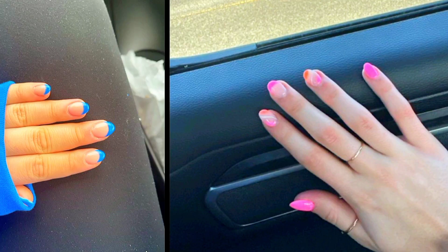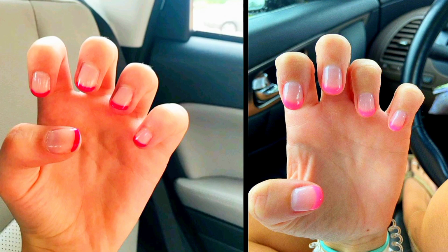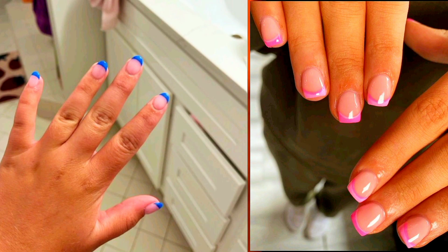Today, I'm super excited to share with you some of the coolest nail designs perfect for all my fellow 11-year-olds out there. Whether you're a beginner or a nail art pro, these designs are easy, fun, and will make your